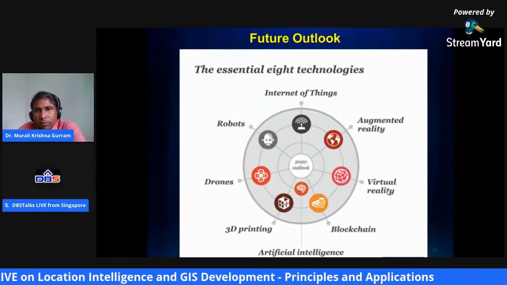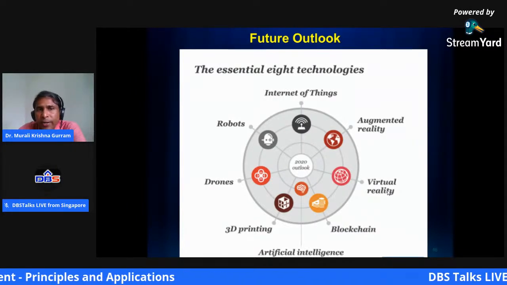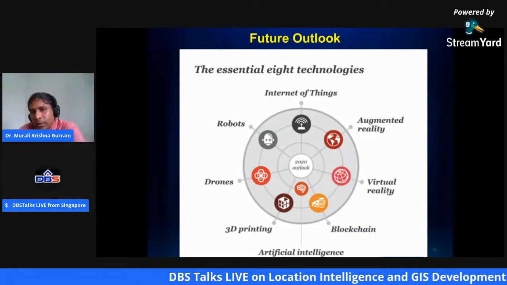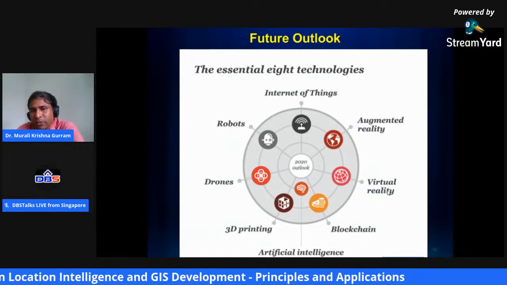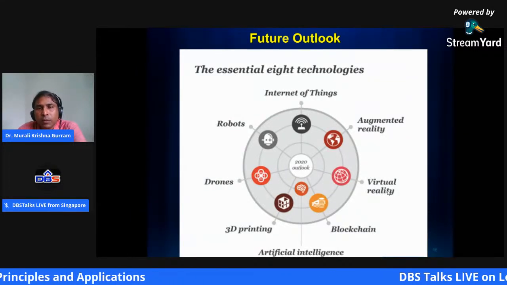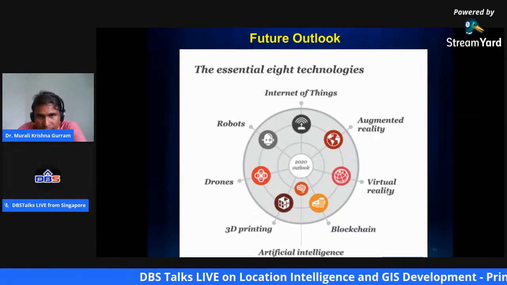So there is the Internet of Things, and drone technology coming up for data. And virtual reality, which in fact became part of augmented reality, but has now emerged as a diversified, different domain, and artificial intelligence. Next, please.